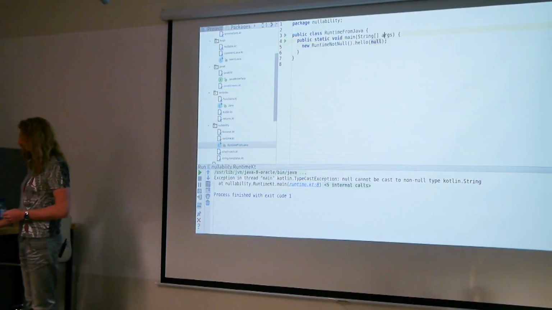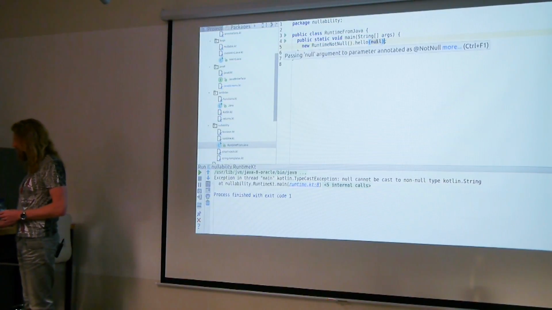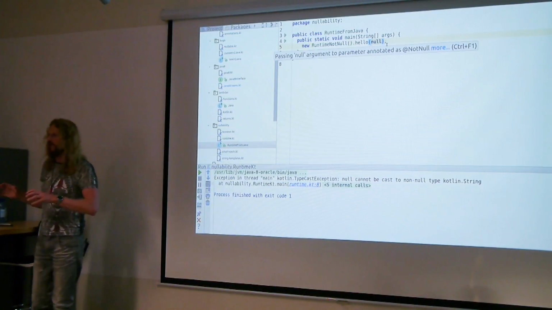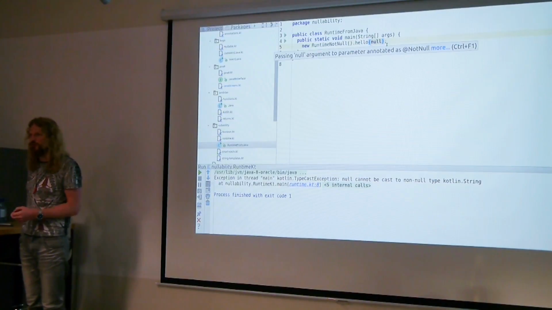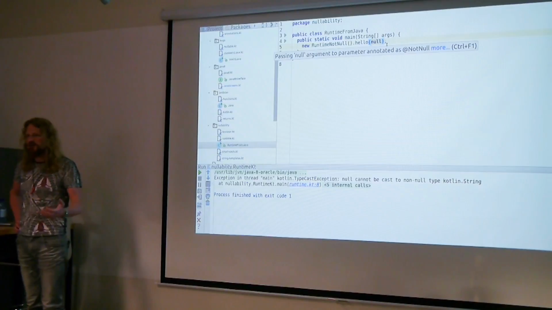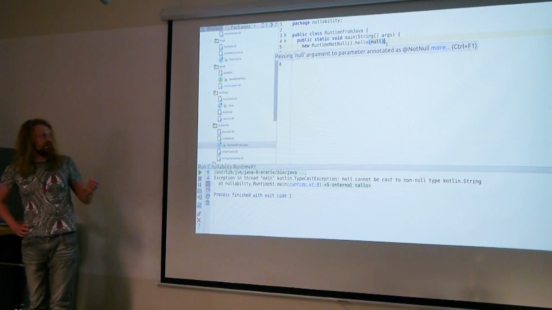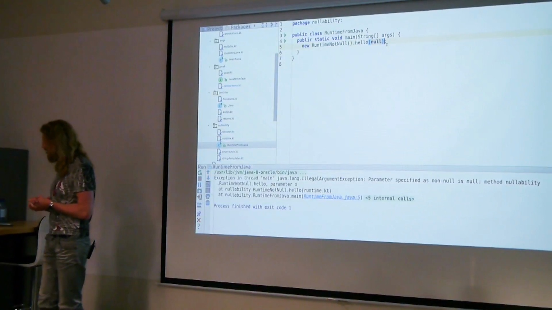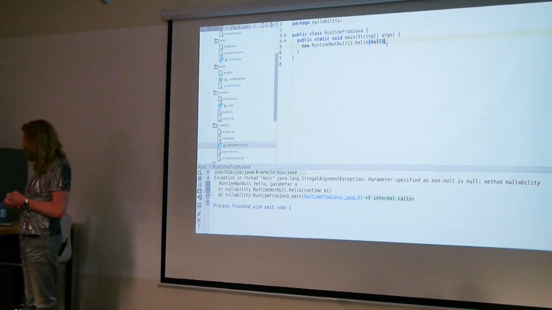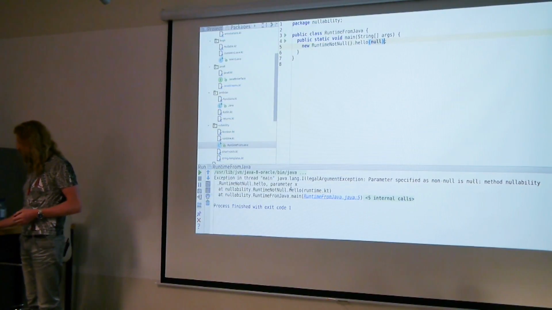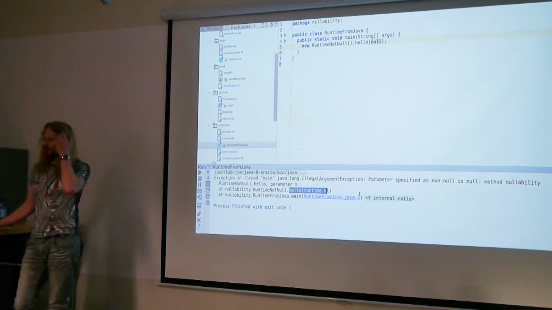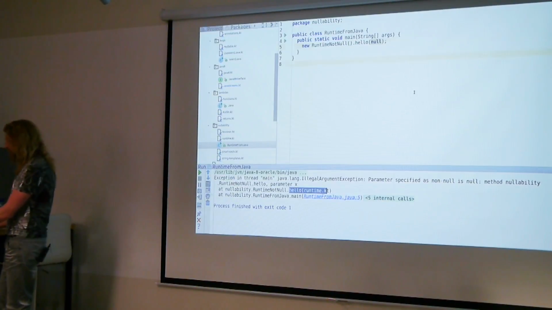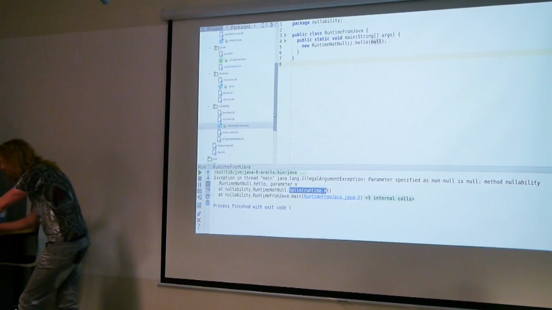The thing is that IntelliJ IDEA is still smart, and it knows that what is expected there is not null. Actually, the Kotlin compiler will put the not-null annotations into the bytecode as well, and the Java compiler, or actually the Java static analyzer, will see it and warn you that it's probably a bad idea. But if I run this code, this time we'll have an illegal argument exception, and it will actually come from inside of the hello function. So on entry, it checks that the nulls are really not of a nullable type.